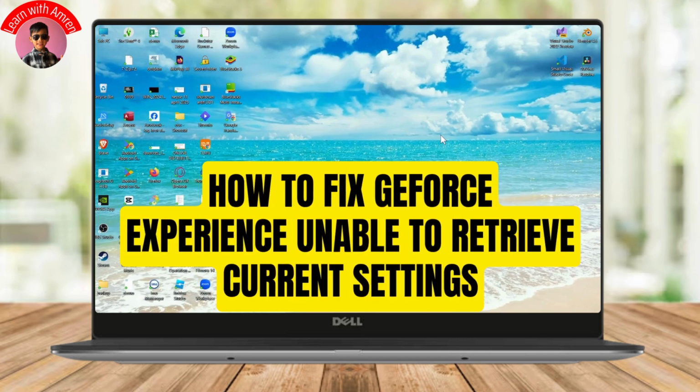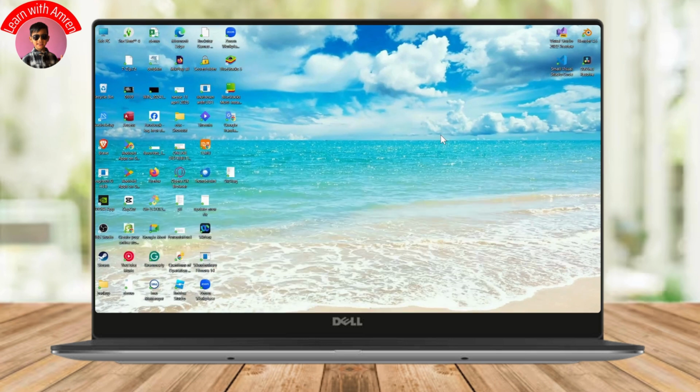How to fix GeForce Experience unable to retrieve current settings. So if you want to fix GeForce Experience unable to retrieve current settings, then what you need to do, go with